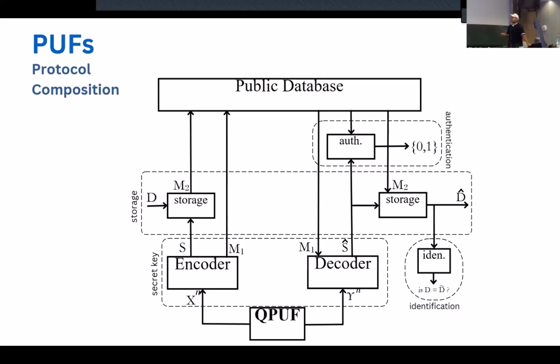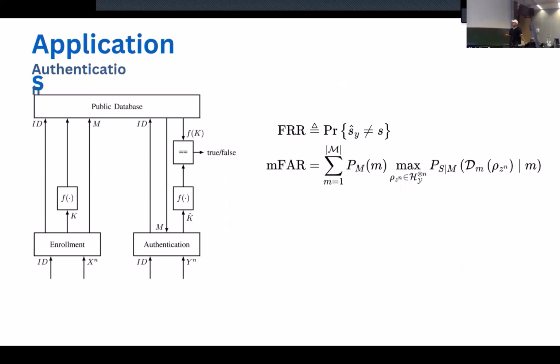This is, again, the information theoretic model where we earlier saw the generation of secret key, but the same secret key can be used to store some secret message, which can be retrieved later, or it can also be used for authentication. For authentication, what we are interested in is a secret key based authentication. So again, like we saw in the non-volatile case where you need to present a secret key, and if it matches, then we grant access or we say the device is authenticated.